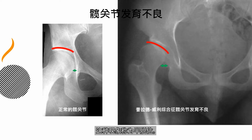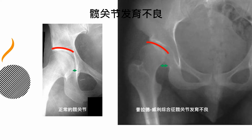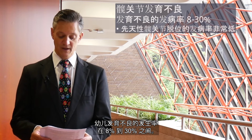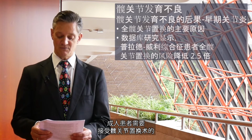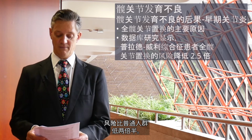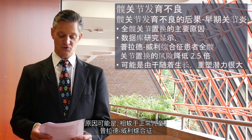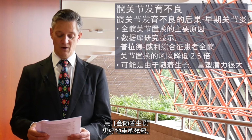This is called subluxation. This can lead to arthritis and could end up requiring a hip replacement for pain. Reported to be somewhere between 8 and 30% in Prader-Willi syndrome. Despite that high rate, adults with Prader-Willi syndrome have a 2.5 times lower risk of needing hip replacement compared to the general population. This probably is because children with Prader-Willi syndrome are better at reshaping their hips with growth compared